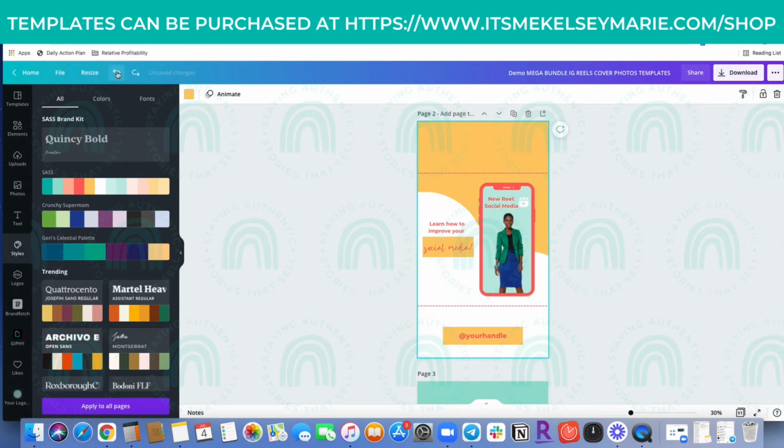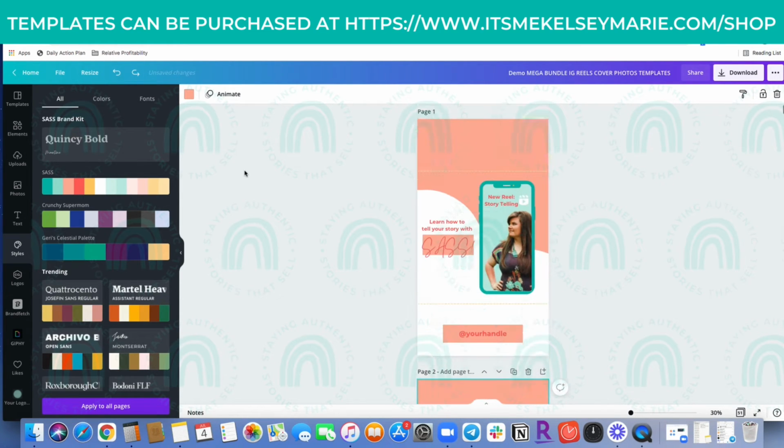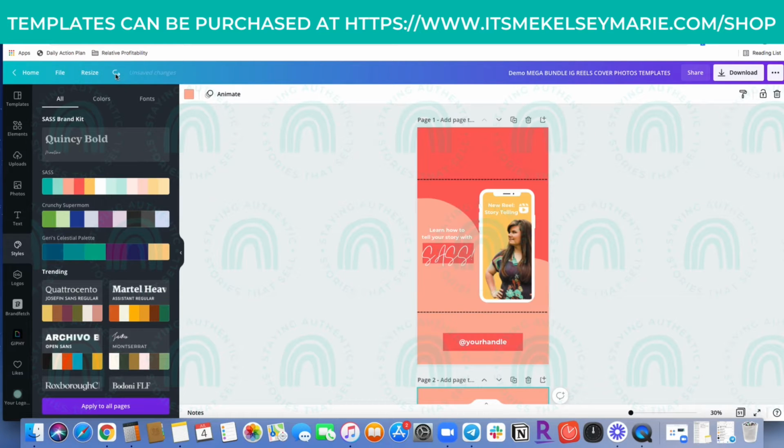So I'm going to undo, and I'm going to show you what I recommend you do to customize. So instead of going over to the Styles tab and clicking on the Shuffle button, I recommend that you come in here, you click on one element, let's say this background wavy thing, and I'm going to use my friend Crunchy Supermom's palette because she's got different colors than me, and I'll be able to customize it for her. So I'm going to click on the Elements tab, click on this color button up here,